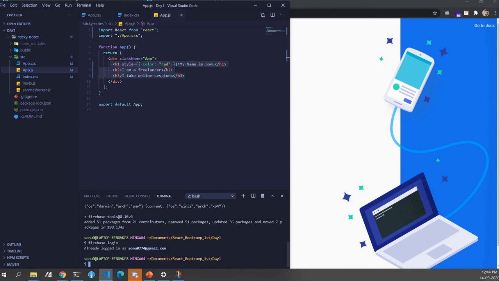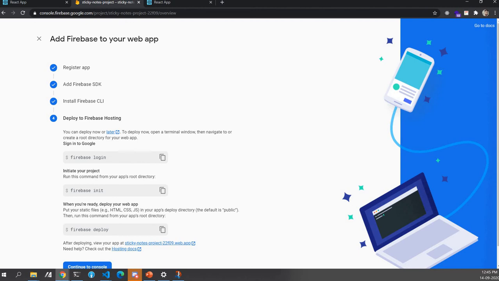But if you guys are not logged in, it will prompt you to Google Chrome, and there you can see whatever is there. Okay, you have to log in from there. Okay, so now, guys, this one is the most important step. The next step that I'm going to do is the most important step.